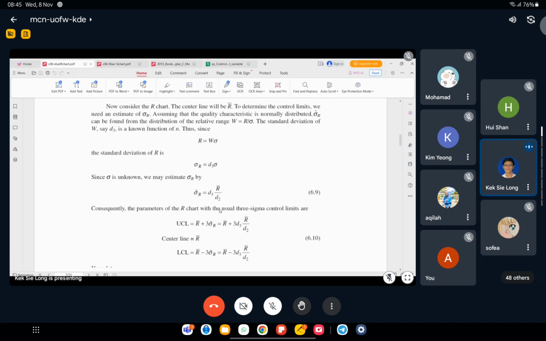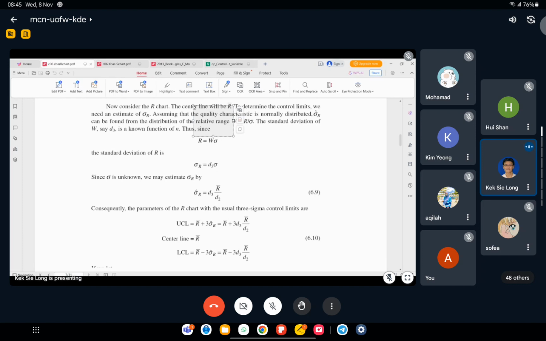So until today, we should understand that this control limit, UCL, LCL, is actually based on the equation mu plus minus L sigma. So this L represents the distance, which is given by the sigma level. Again, from 6.10, you can see R bar plus 3 sigma hat R. What is sigma R? Just substitute 6.9. So we get R bar